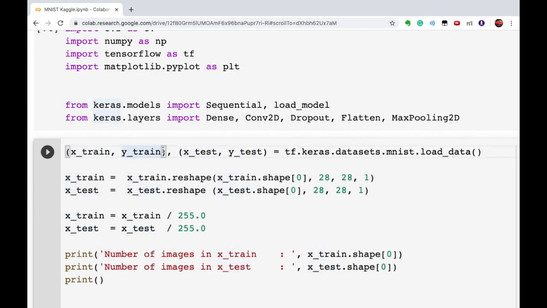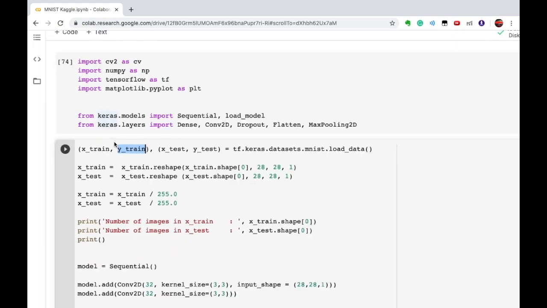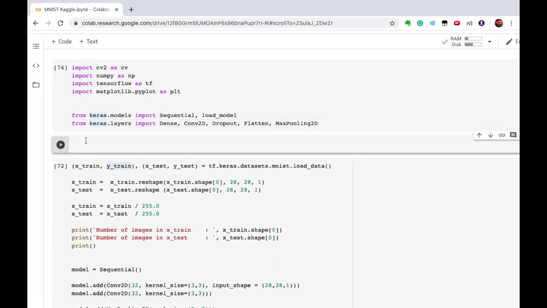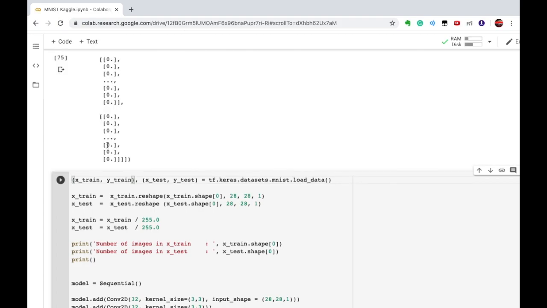These are our training samples and these are our testing samples. In x_train we have our images, and in y_train we have our labels. Let me show you what I have here.